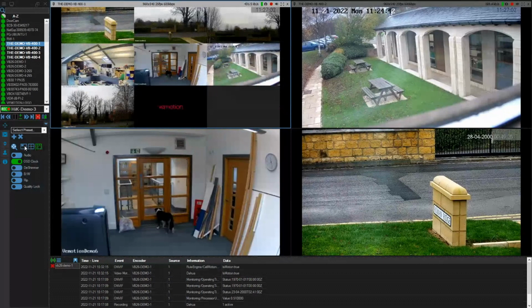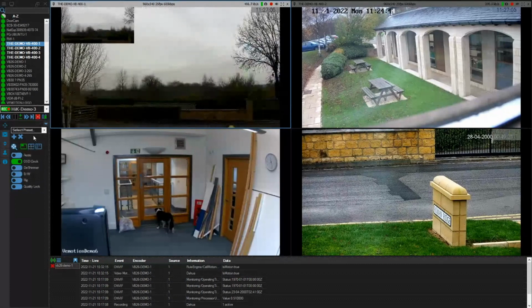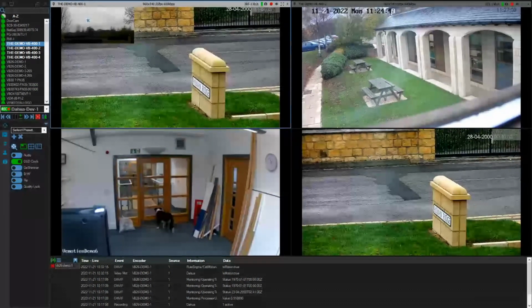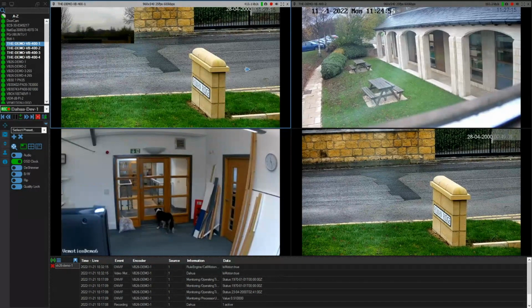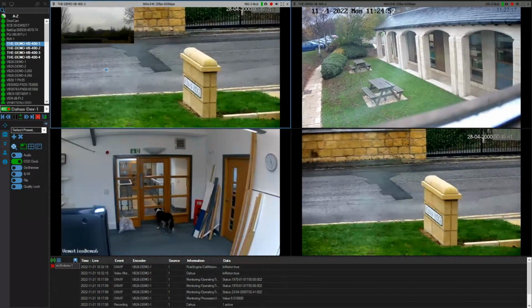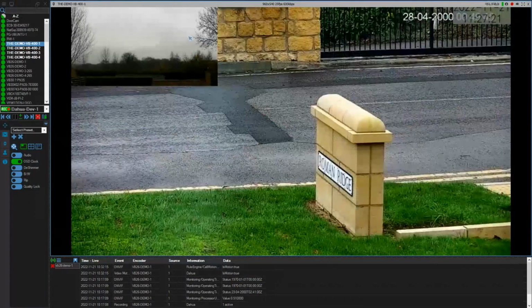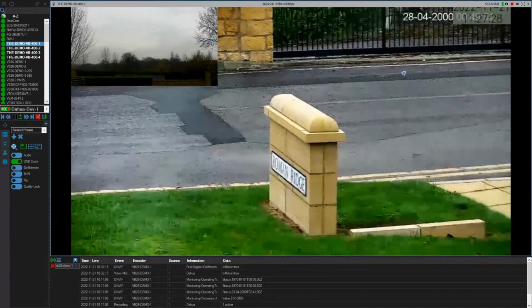And we can have those down to also a picture in picture, which, if we change that to dev 1, we can see that in a picture in picture, we maintain the previous image in the top left hand corner, but we now have a large view that we can PTZ. So in one image, if we change this to just a one grid, we can see that we've got the picture in picture of the previous camera. We can see what's going on in that one, while we can still maintain PTZ and control of this one,